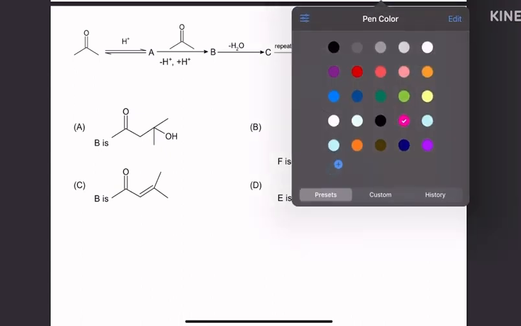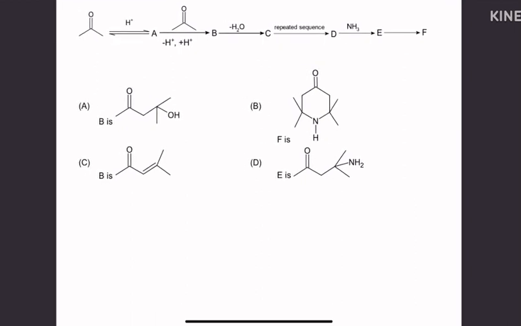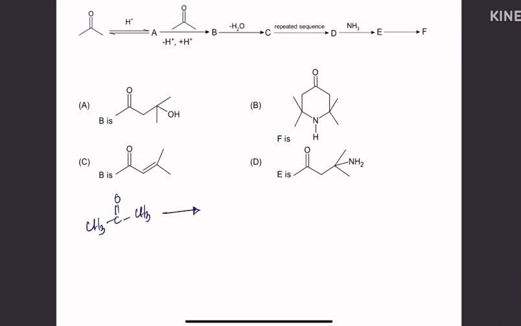There is a CH3CO, this one, and if I add H plus, so it will give a C double bond OH plus and CH2H. So what it will form, this is this kind of CH3C OH double bond CH2,